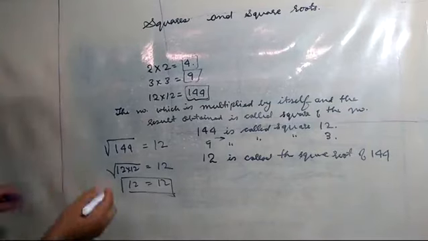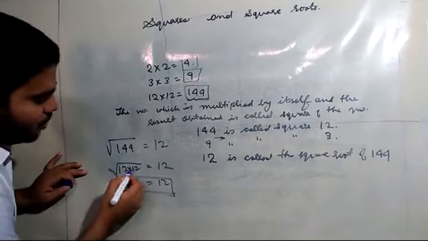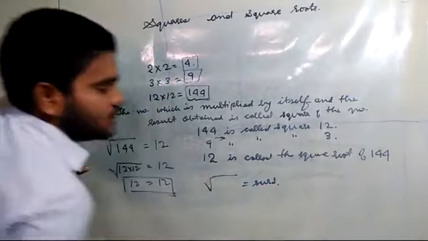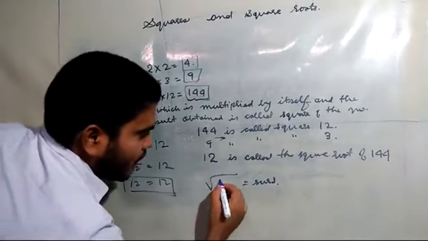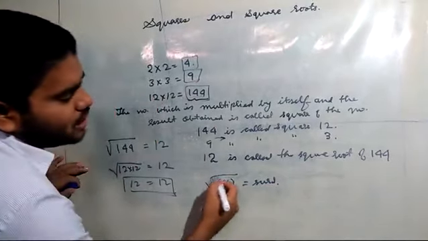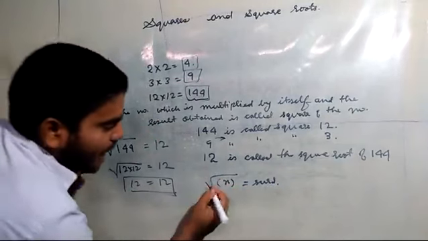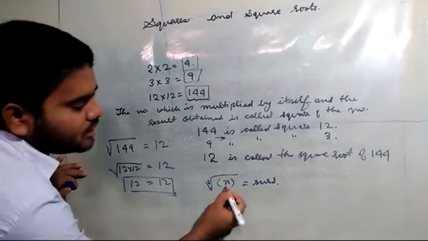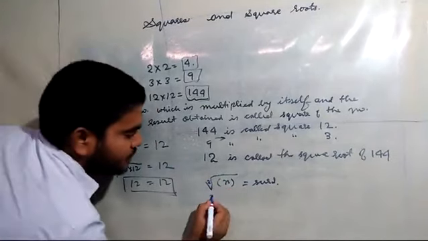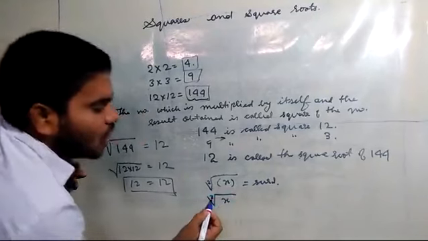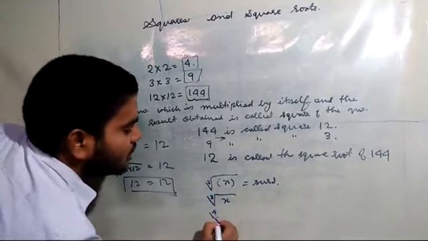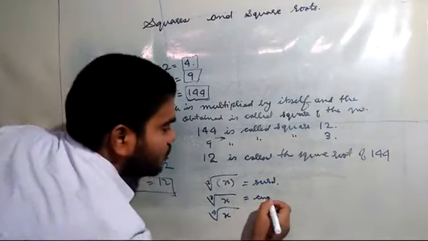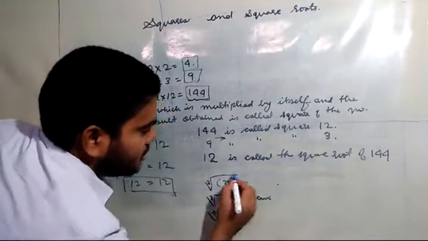Now, in some books, you will see this root symbol called a surd, read as S-U-R-D, surd. If I have the root of x, by default we have 2 in it, so it is called a square root. If it is written 3, then it will be called the cube root. If we have 4, then we call it the fourth root of x. This symbol is called a surd.